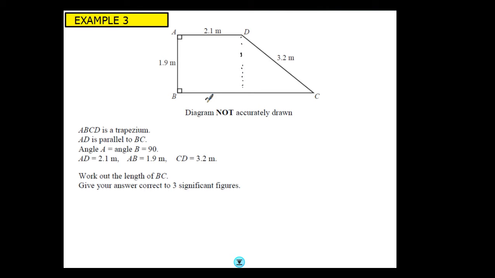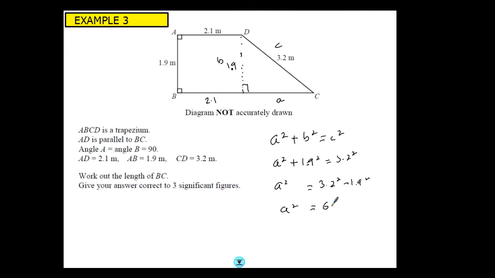Well, we know this length is 2.1 and we know this length is 1.9. Now, this will be a right angle. So we've now formed a right angle triangle where we've got two of the lengths, and we could work out this using Pythagoras. So let's call this A, B and C. A squared plus B squared is equal to C squared. A squared we don't know, B squared is 1.9 squared, and C squared is 3.2 squared. So from here we've got A squared equals, if I take 1.9 squared from both sides, 3.2 squared minus 1.9 squared, which gives us